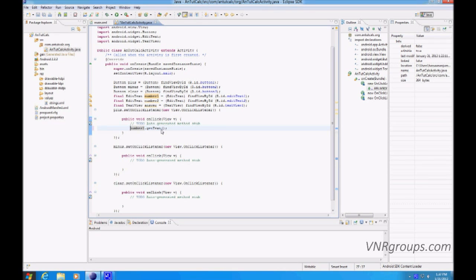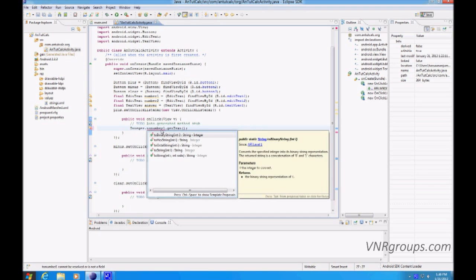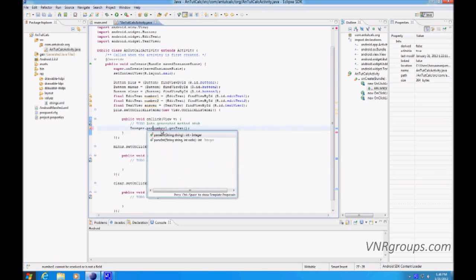What parsing means is conversion basically. In computer terminology you can call it parsing, but it's basically conversion, an efficient conversion method. So we need to convert it to integers, so we use integer dot parse int,